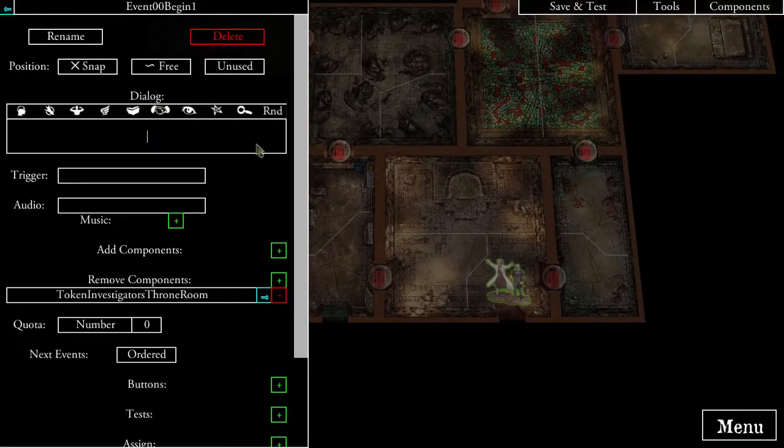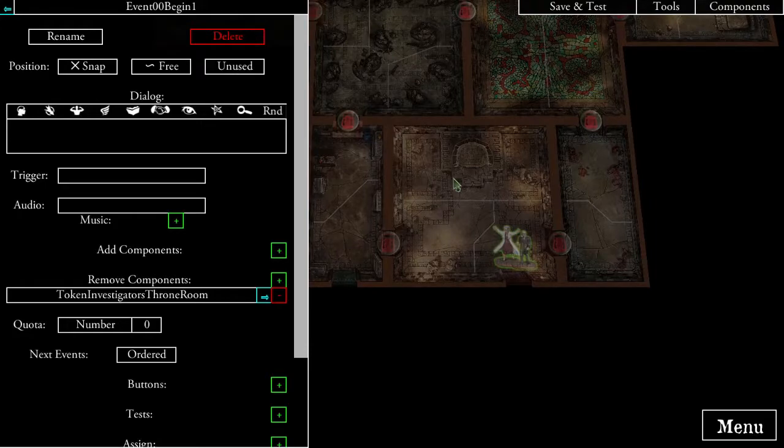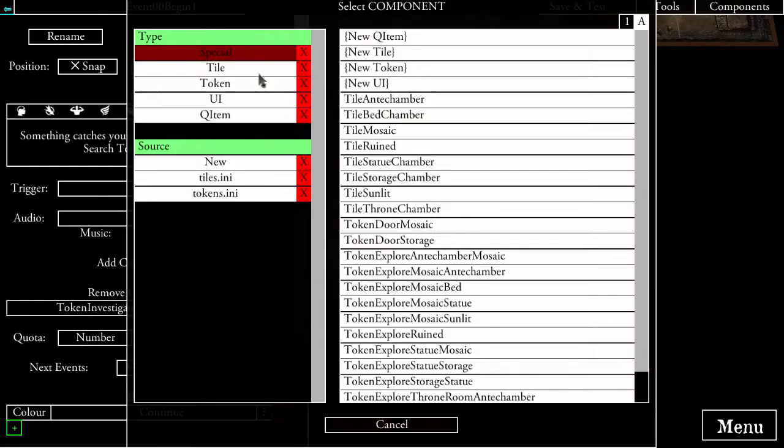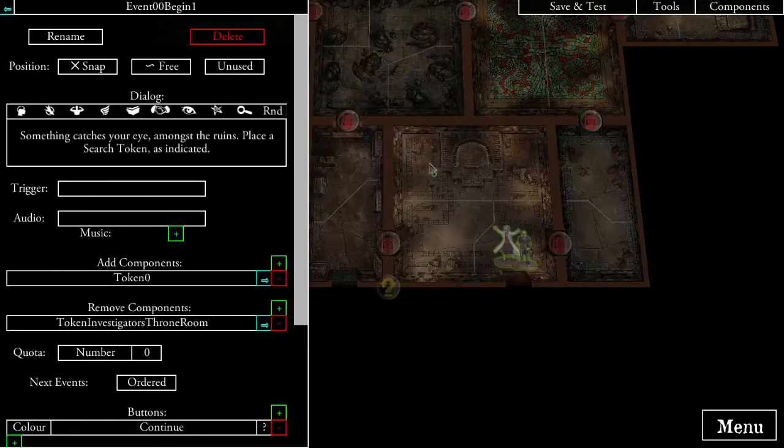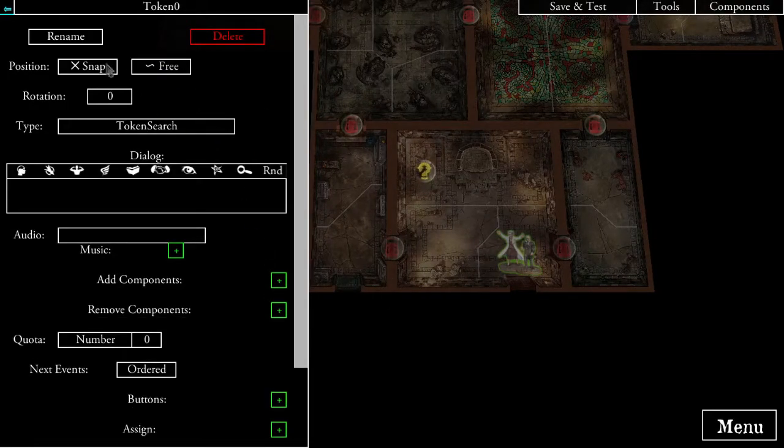All right. Now for this event, we want to put some search tokens down. Something catches your eye amongst the ruins. Place a search token as indicated. So this is just going to be like an item they can pick up. So we're going to add another component, token. This is a new token, and we're going to move to that. Stick it over here, and we're going to call it